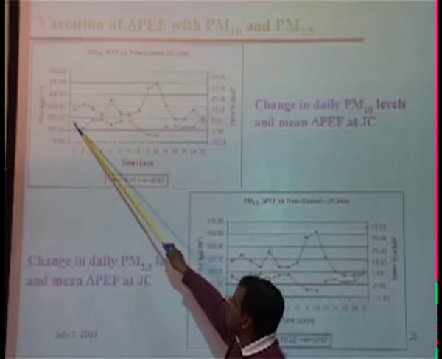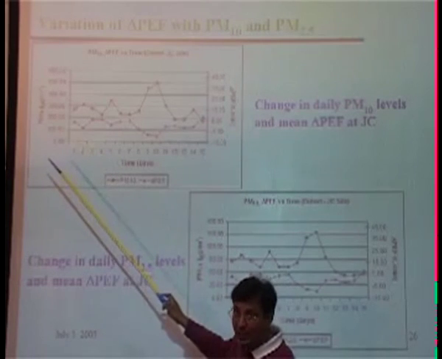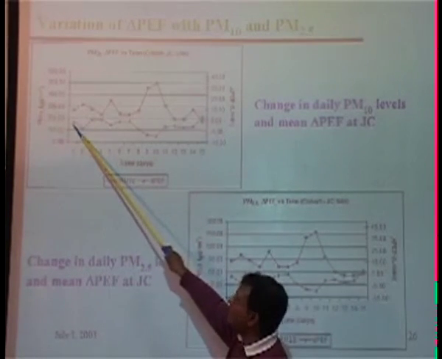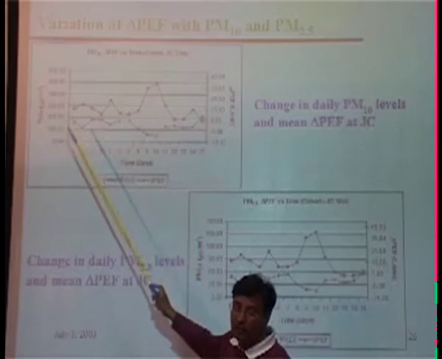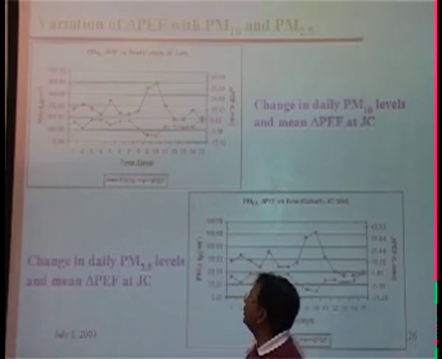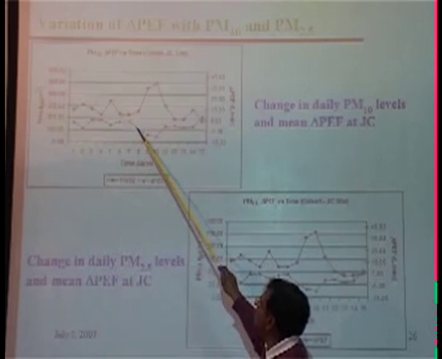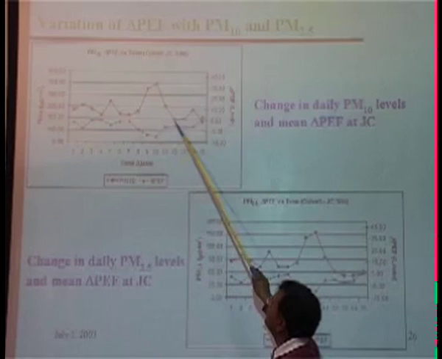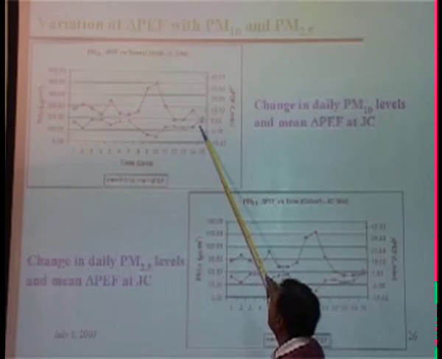And you see the performance, the lung function in terms of the PFR, a change in PFR. And this is the average for all the people. It's not just one individual. One individual can perform anything. So here you see it's clearly seen. As the pollution level is going up, the performance is dropping for the people.